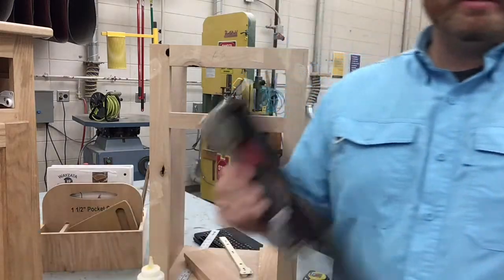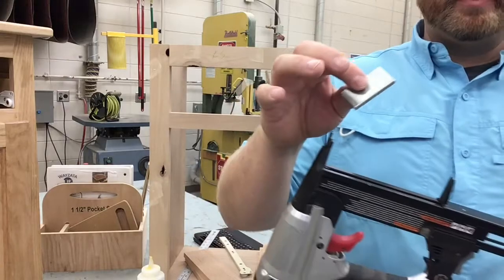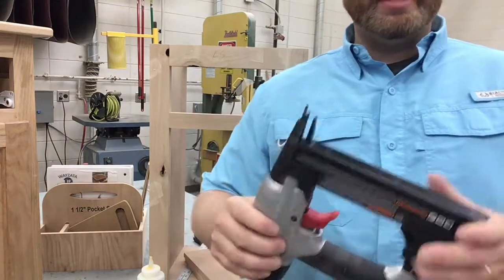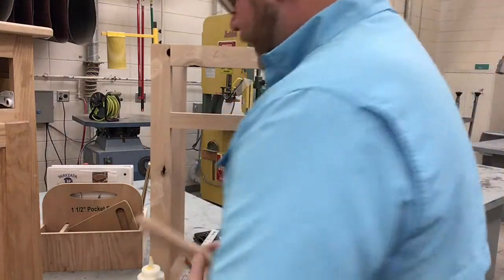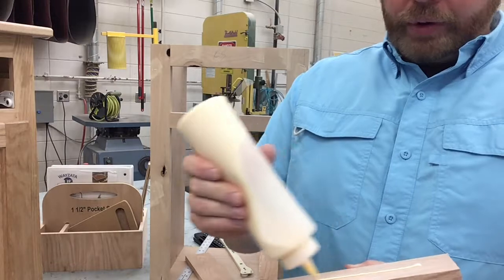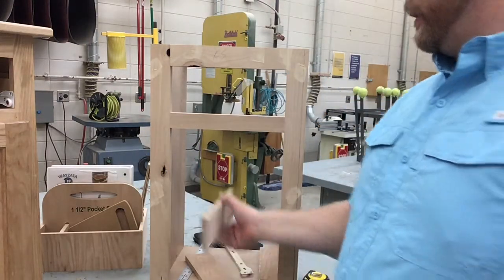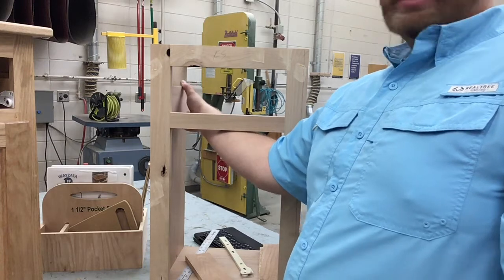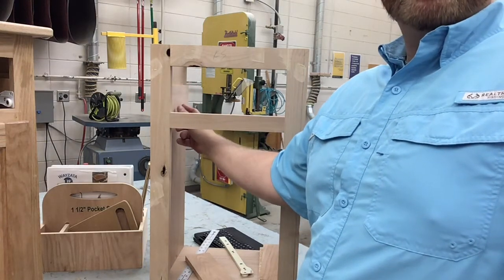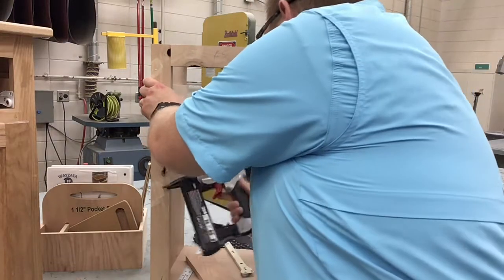To attach it, I'm going to use a staple gun with 1-inch staples. Okay, so I load the 1-inch staples into the staple gun, and I have to put one of these in at a time. I don't want to put two at a time because I don't have staples that are long enough to go through both of these and get into this board very well. So I am going to line up the bottom of my buildup here with the bottom of the rail, hold it in place, and